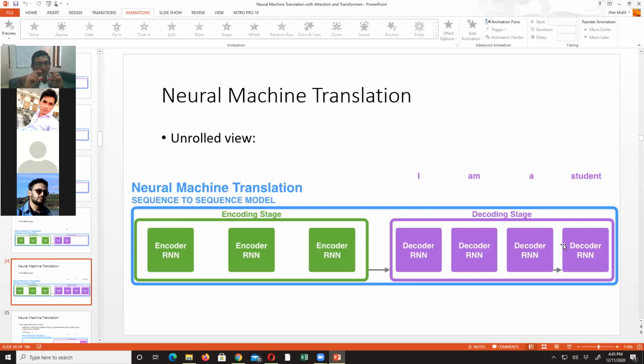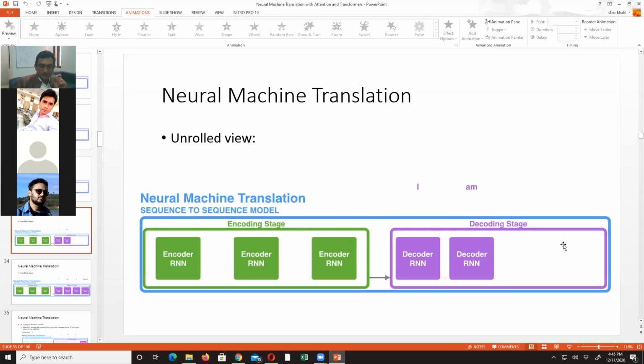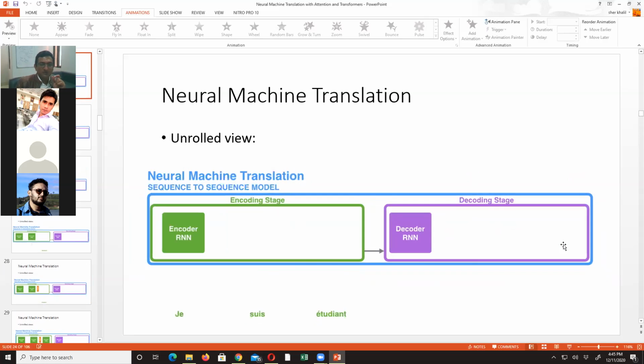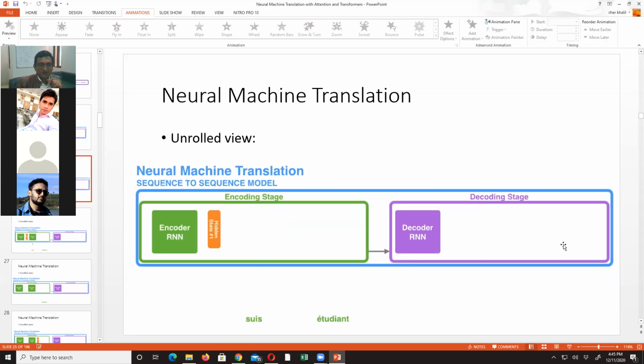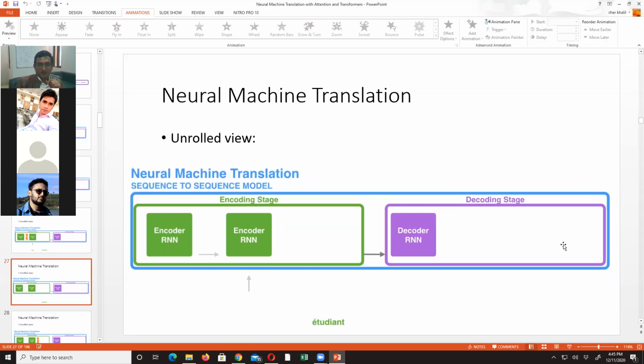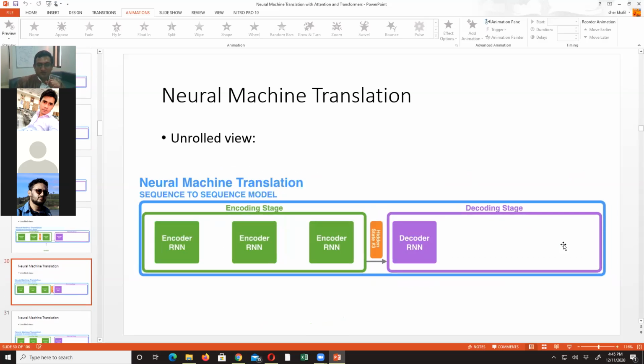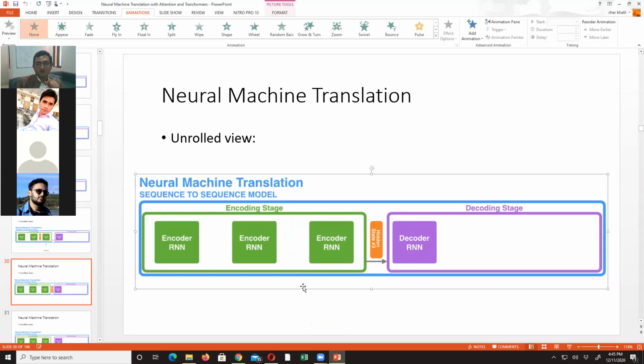I mean, just one vector and a lot of information. So my answer would be that one vector is actually representing, when you closely see, you can see hidden state 1, hidden state 2, hidden state 3. Now you know that hidden state 3 has information of hidden state 2.